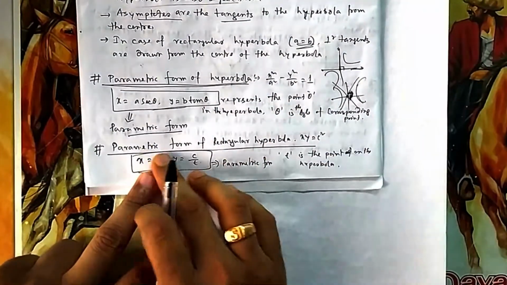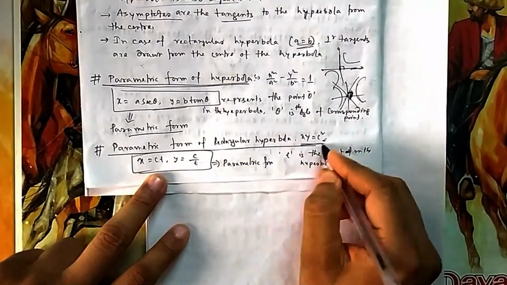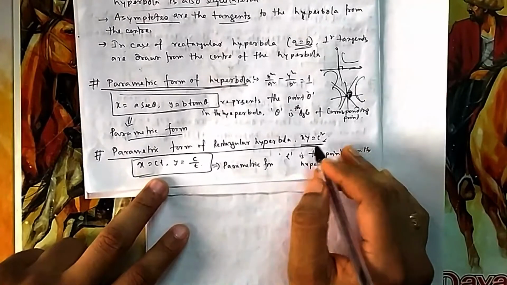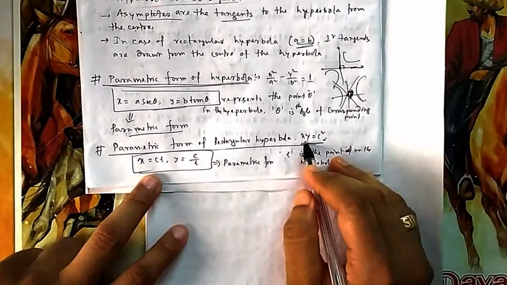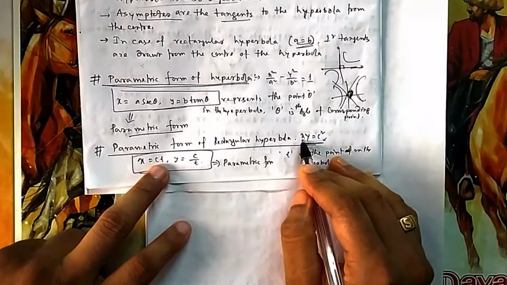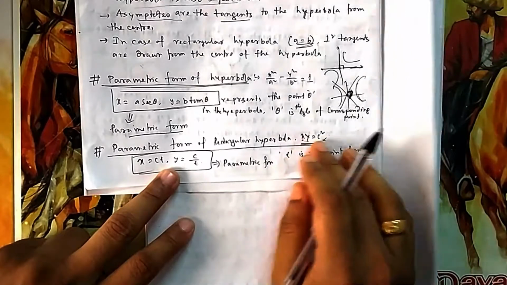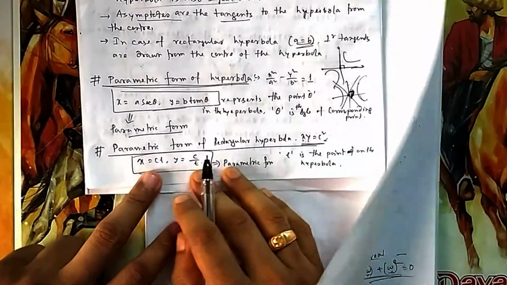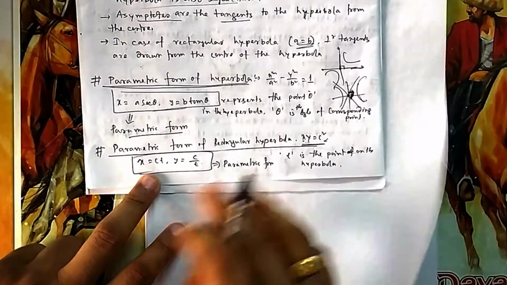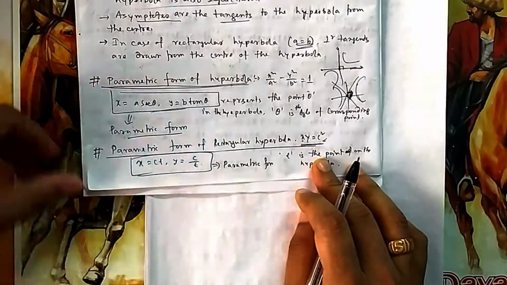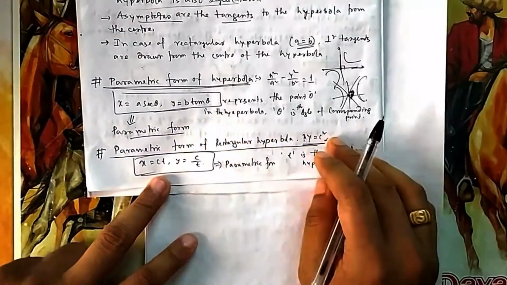Okay. Now what is the parametric form of rectangular hyperbola? If this is a rectangular hyperbola, this can also be a rectangular hyperbola. We have seen this one. So in that case, take x equal to ct and y equal to c by t, then c square t by t will get cancelled, so the right hand and left hand sides satisfy. So this is the format of the parametric form. Here t is the parameter, not theta, like in your parabola, at square and 2at. So here it is ct and c by t. So you should remember this parametric form.